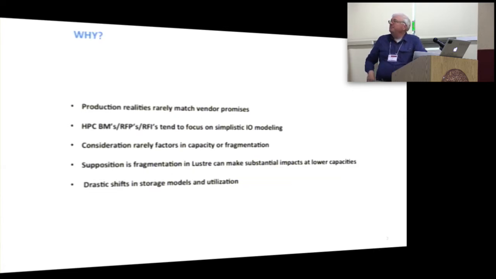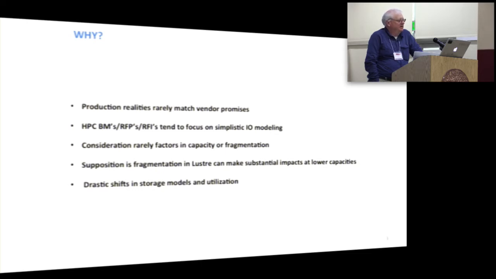So why are we doing this? Basically, production realities rarely ever match vendor promises, and I work for a vendor, so I can freely say that. I've also worked at customer sites. So typically when we get RFPs or RFIs from people, whether that be Department of Energy sites or oil and gas companies or commercial industries or banks or whoever, typically if you see an RFP or RFI from a vendor perspective, you often see people making assumptions about file systems performance that don't necessarily hold true over the life of